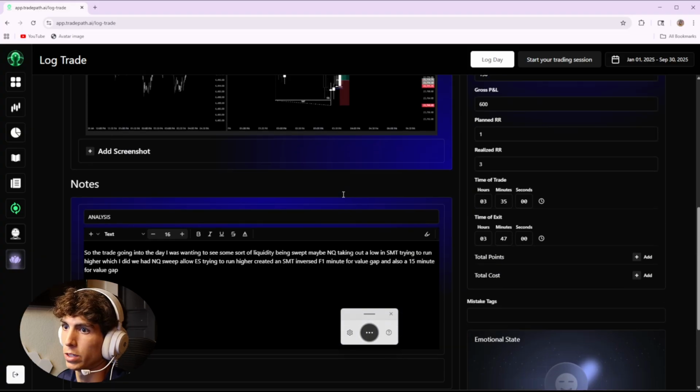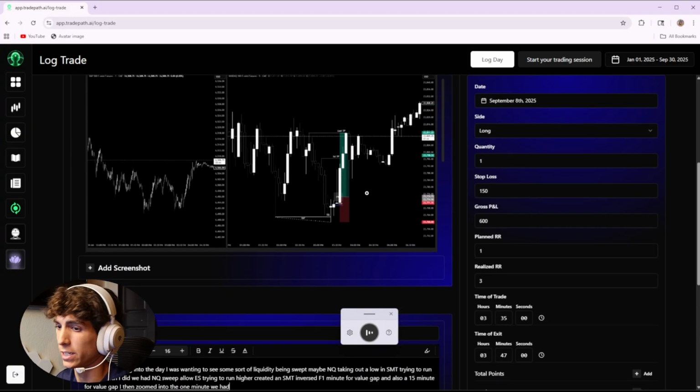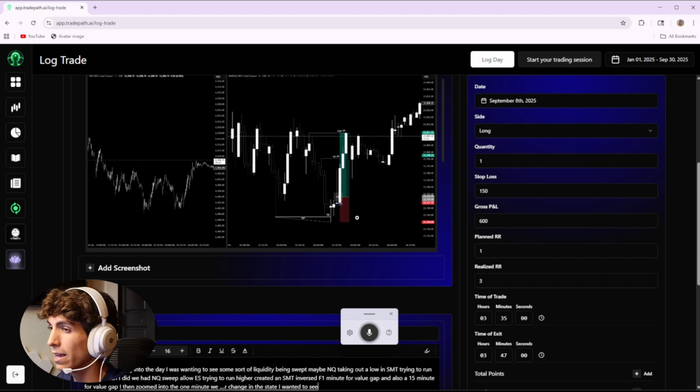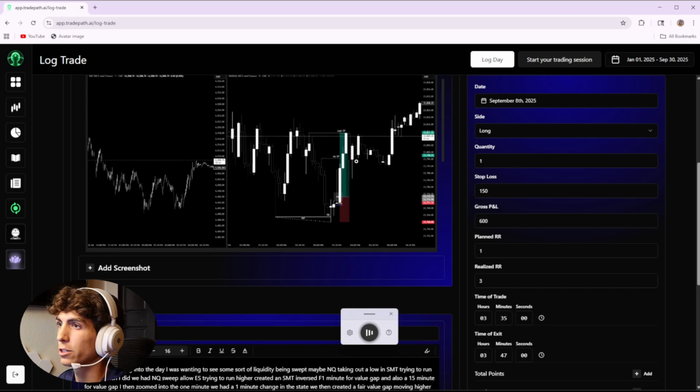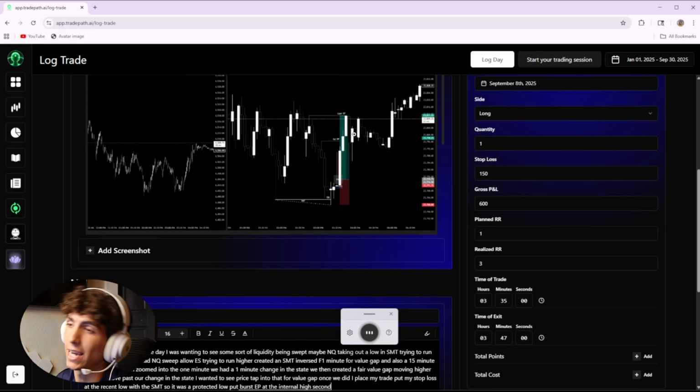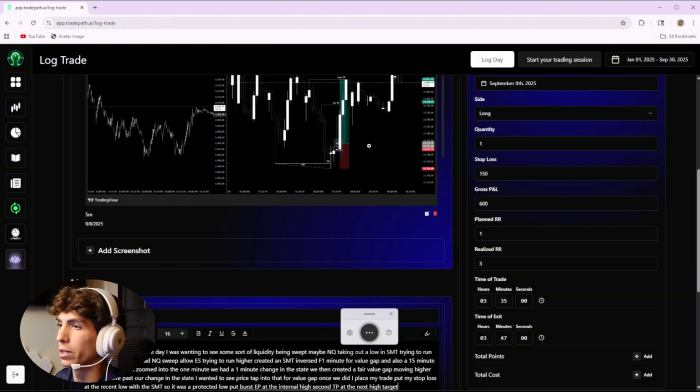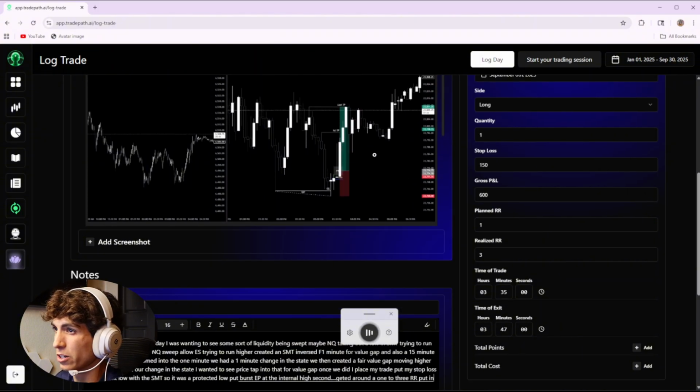I then zoomed into the 1 minute. We had a 1 minute change in the state. We then created a fair value gap moving higher after we moved past our change in the state. I wanted to see price tap into that fair value gap. Once we did, I placed my trade, put my stop loss at the recent low with the SMT, so it was a protected low. Put first TP at the internal high, second TP at the next high, targeted around a 1 to 3 RR, put in around 1 contract,